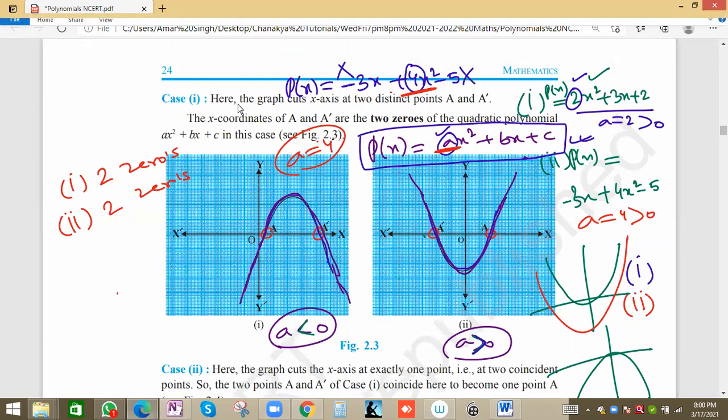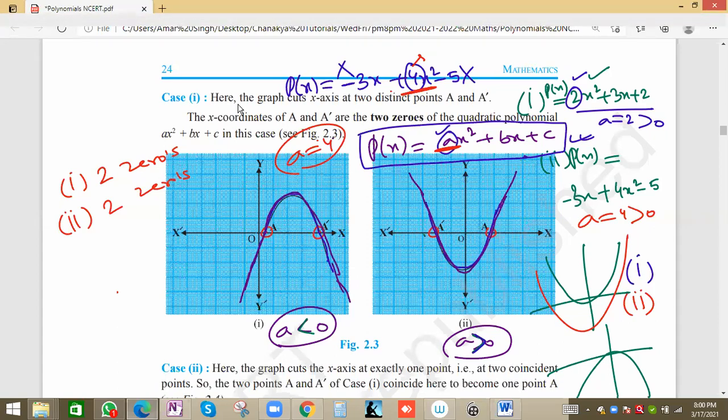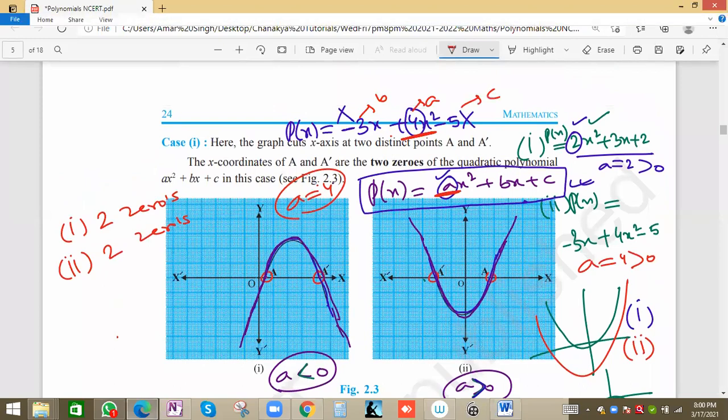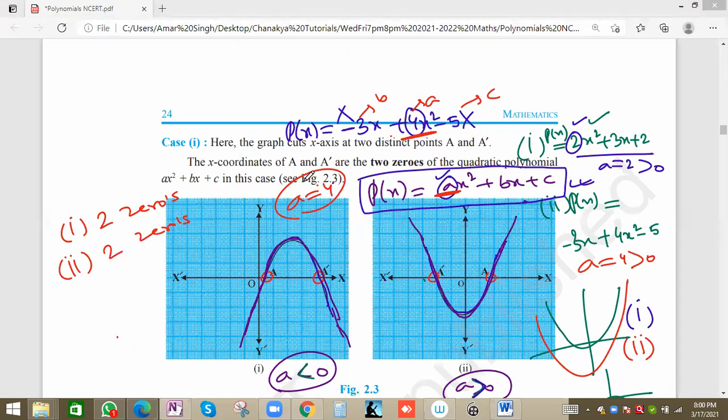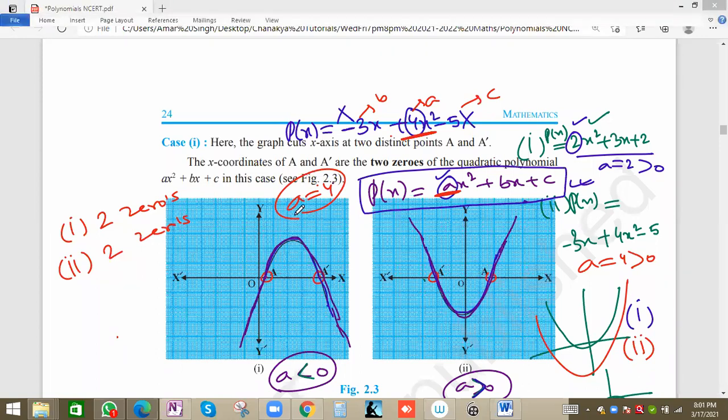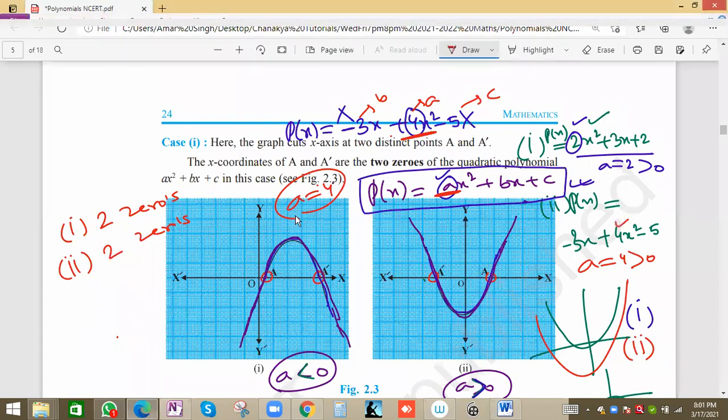Because we have to see the a value, not other values. See, minus 3 is the b value here. If you compare, 4 is a, then we have this b and this is c. So we have to only observe the a value. The a value is 4, which is greater than 0. That means the graph will open in upward direction. Any doubt? Tushar said right, upward. We have to observe carefully. The x square coefficient is the a value, and that is what we have to observe. So 4 is greater than 0, that means the graph will open in upward direction, right?